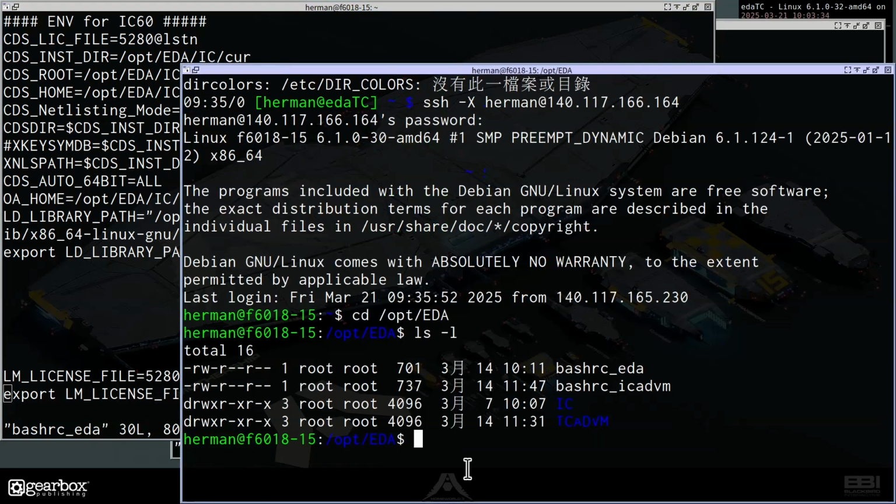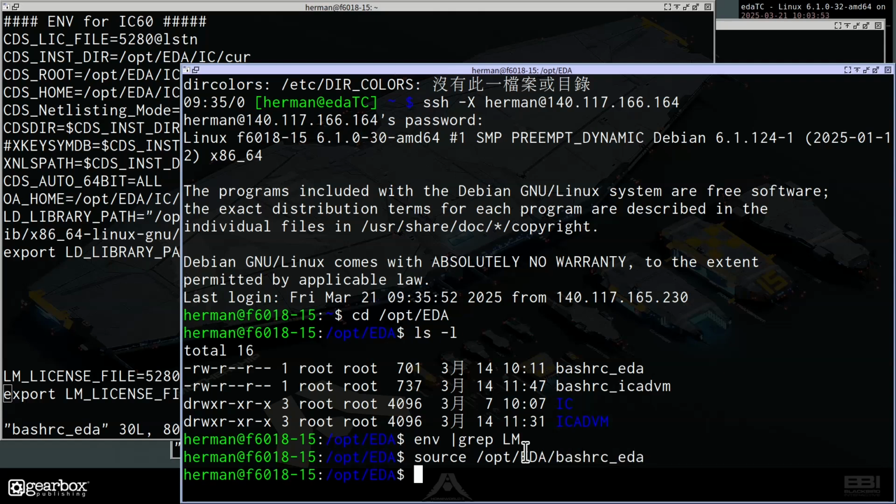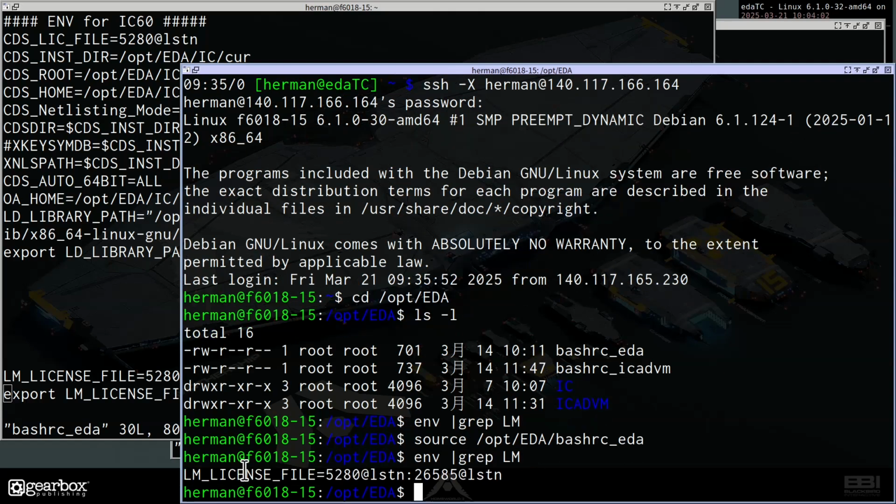Before you source again, if you type env grep lm, nothing happens, right? If you type source opt eda bashrc eda, then you can type env grep lm again. Enter. You can see now you have set two license files.